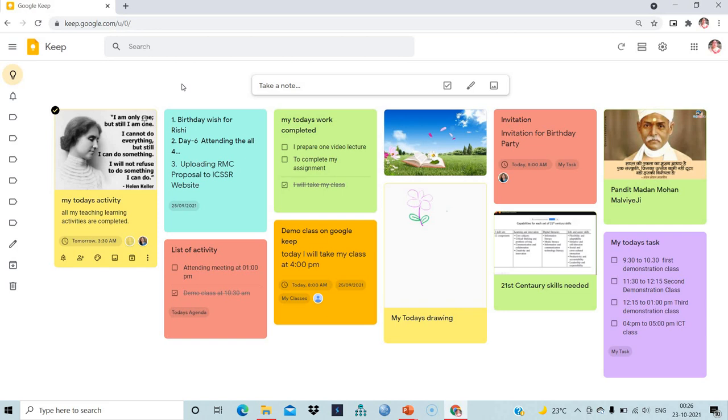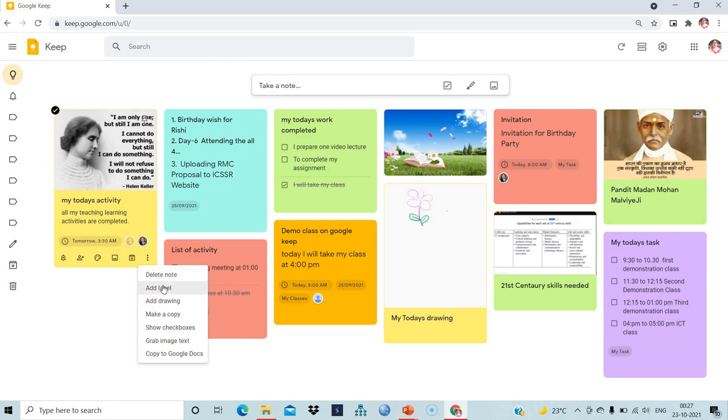Now go to the next feature. If I want to label these notes and organize them in different folders or different activities which I have created, here you can find more options. So click on it. You can see that here is the delete option. So if you want to delete any note, you can click on it. Okay, and now the next option is add label.